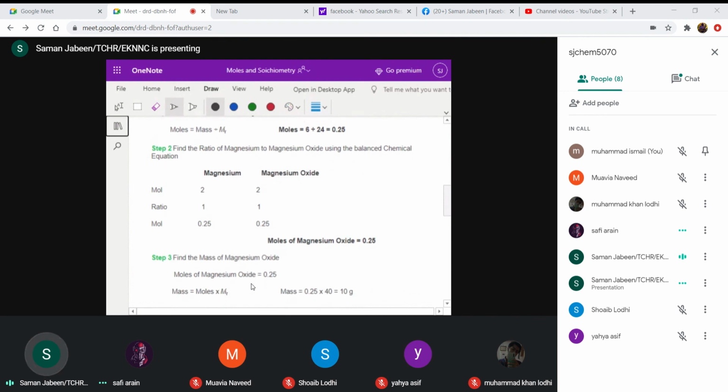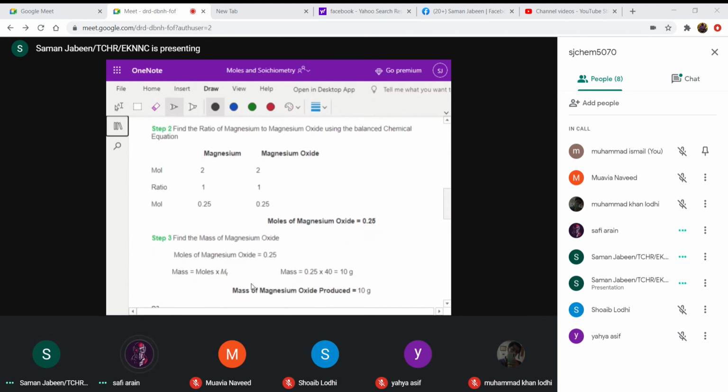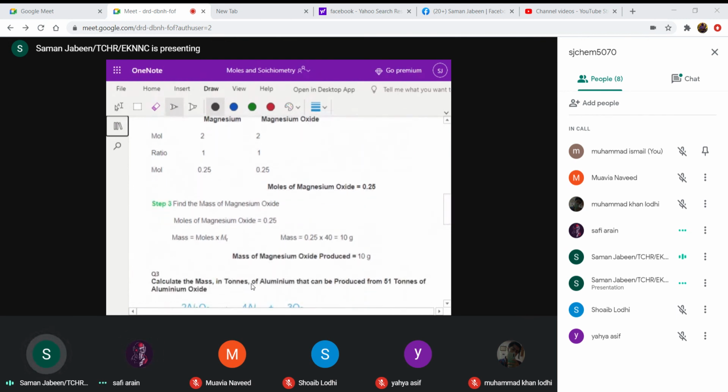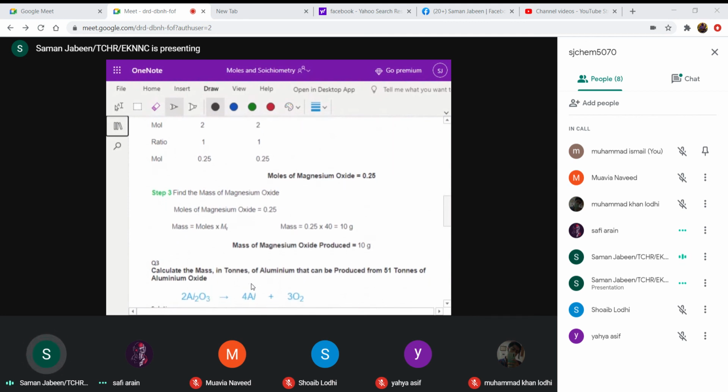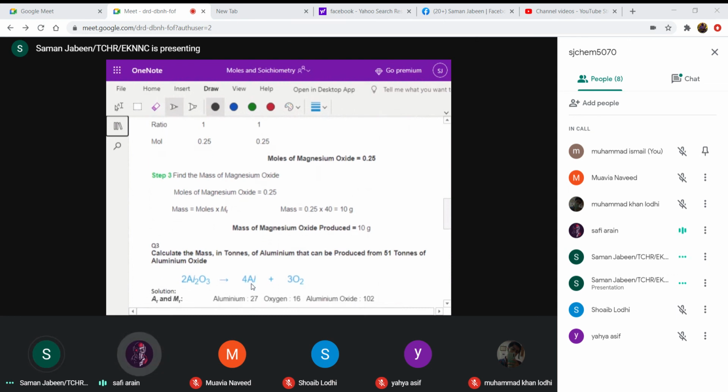Okay, now clear? Yes, miss. Okay, this is the question which I am giving you. Equation is also there. So do it as a revision and then we will be discussing this question in our next class. Miss, we have to find the magnesium oxide mass, in the molecular mass also in the first place? Yes, definitely. Because MR is there now, so MR you have to calculate, na beta? Okay, miss. 24 and oxygen is 16, so it is 40.